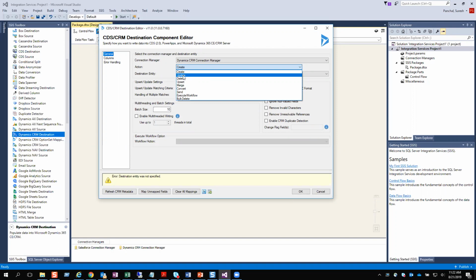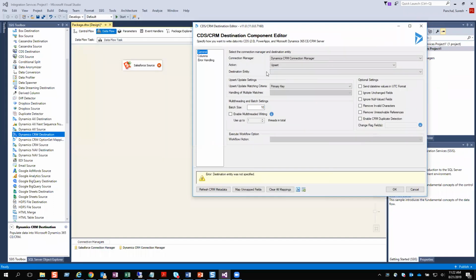And then there is update, only update, and then delete, and upsert. This upsert is where I found the issue with the KingswaySoft tool. What upsert was doing is, upsert means update or insert based on the criteria that you define. Whatever lookup criteria you have given, based on that, it will perform either an insert or an update. But what was happening is